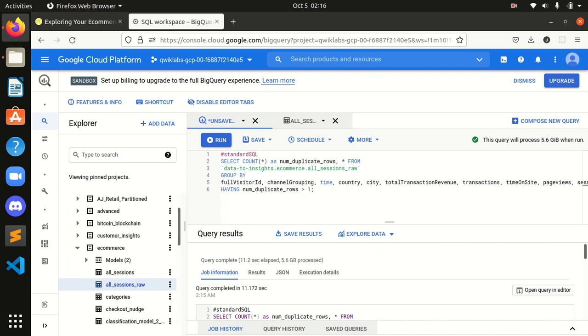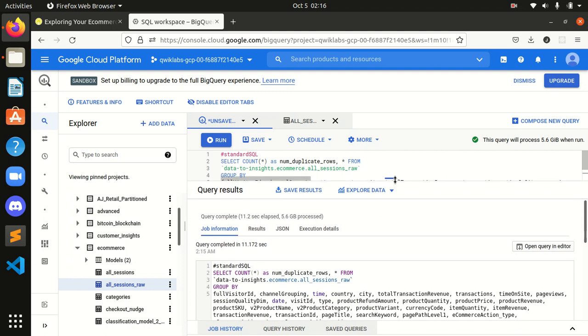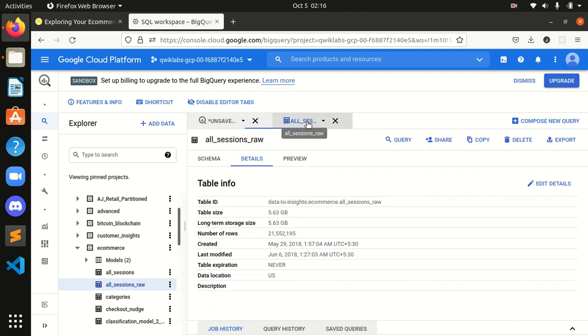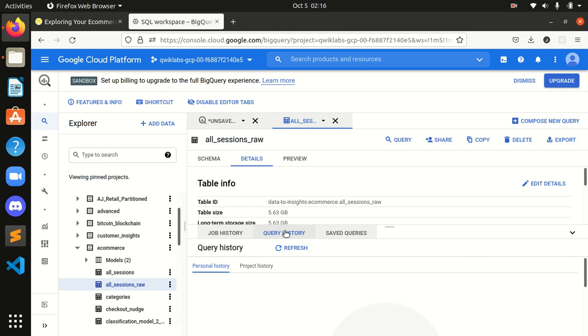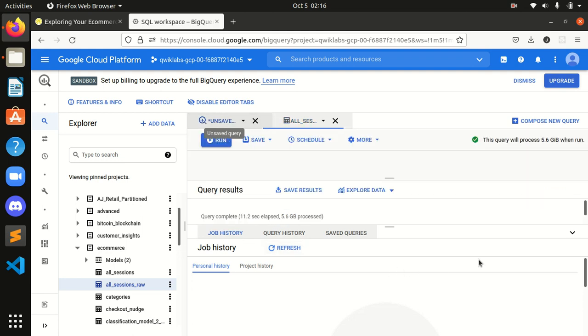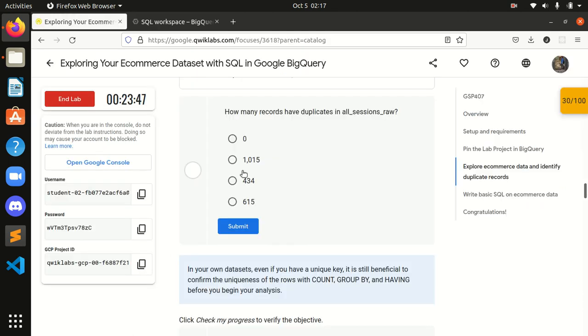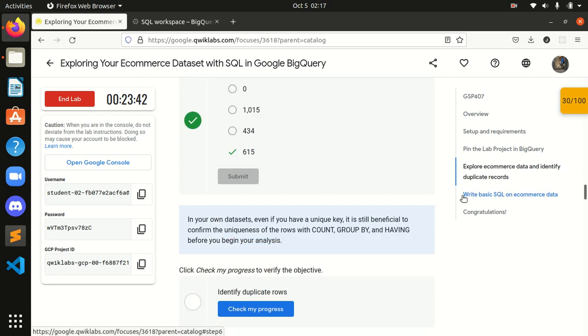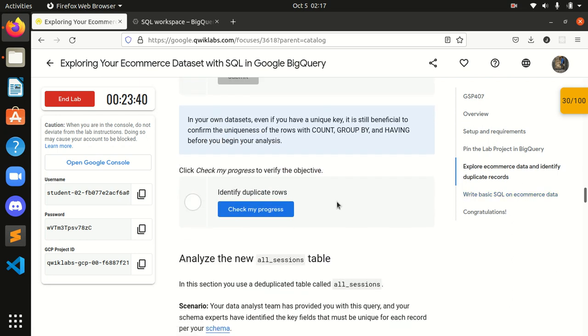As you can see, where it is mentioned over here, the duplicates. Let's check it. It's around 675. Click check my progress to verify.